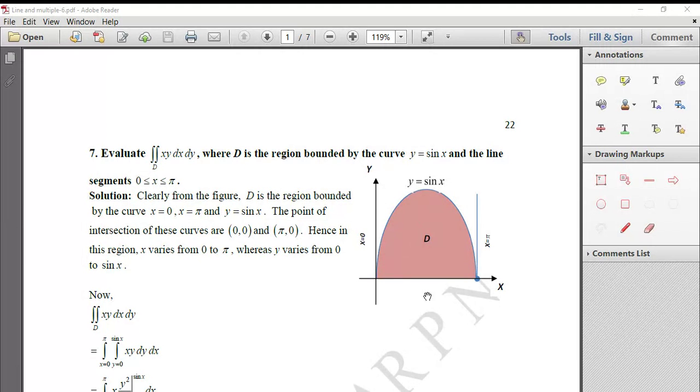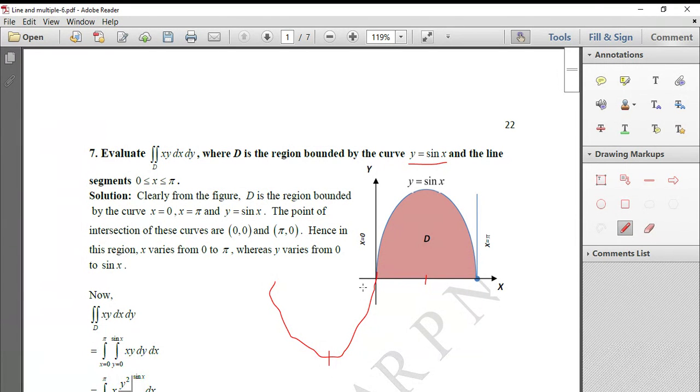Now, see here, for solving this problem, first let us see what our region D is. Let us plot the graph y equal to sin x, and we know the sin x graph, right? It continues like this. This is your sin x. At x equal to pi by 2, it takes the maximum value, and at x equal to minus pi by 2, it takes the minimum value, right?